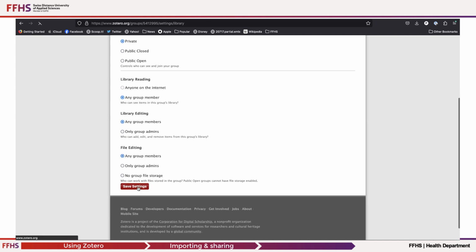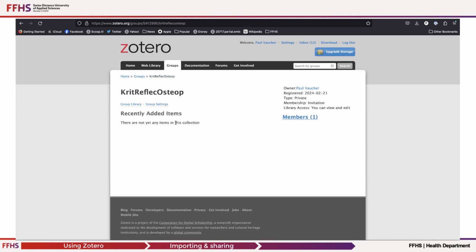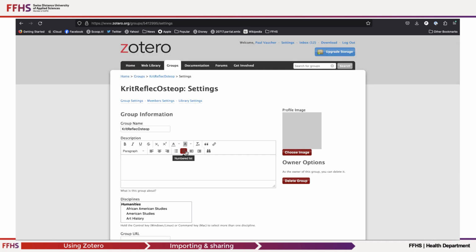And I can save the settings, just go under the group now. So here it is, group library, group settings, the owner, and it's created. So now we have this group, it's private, so you have to invite people to be able to come within the group. So we can go through to group settings, and here we can describe and even put an image